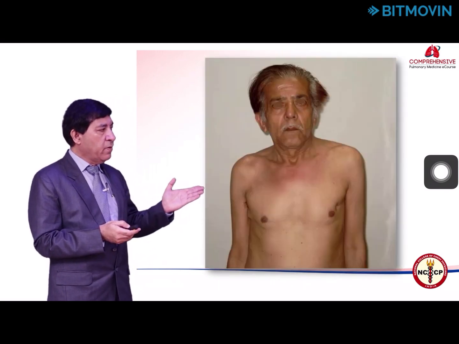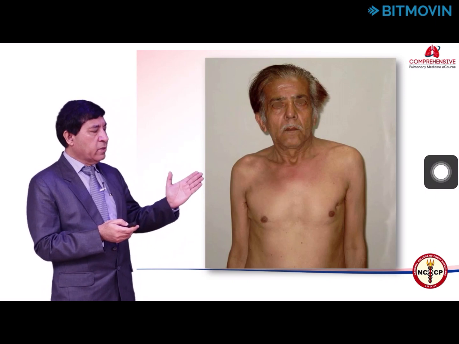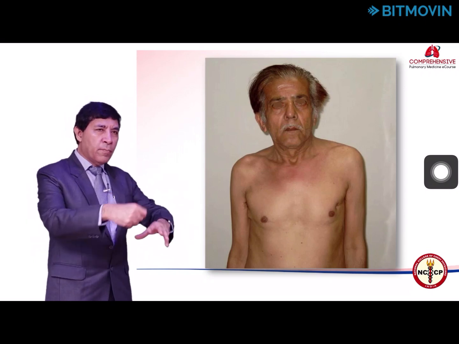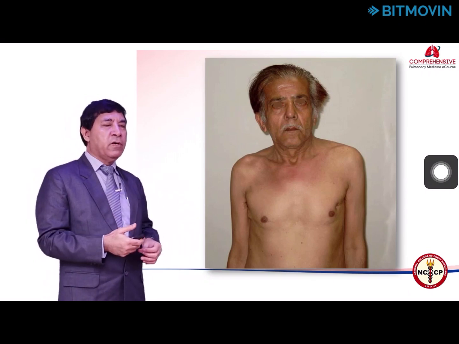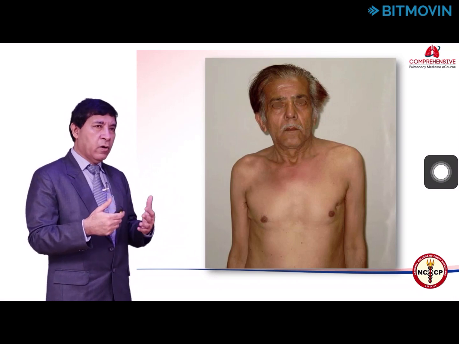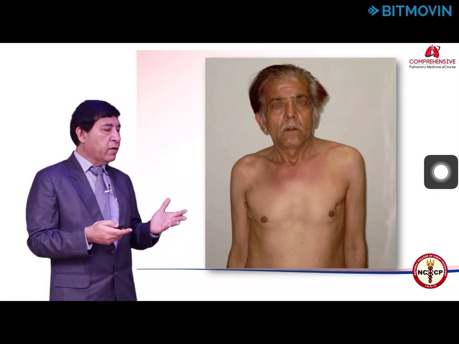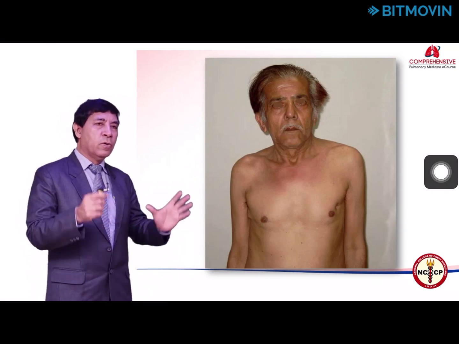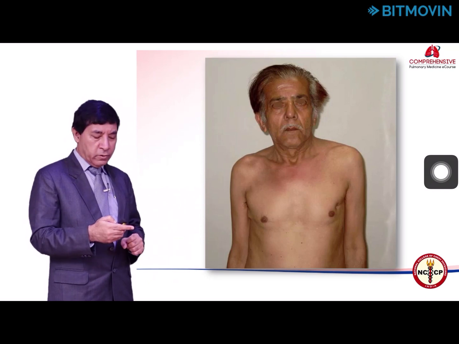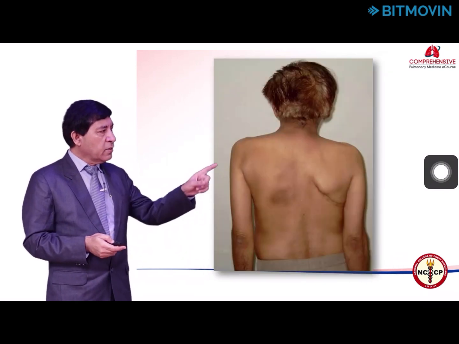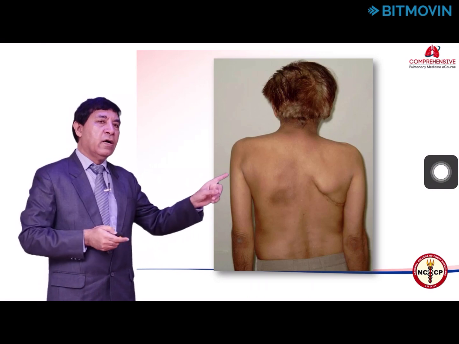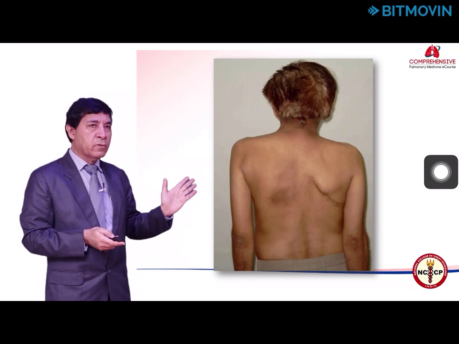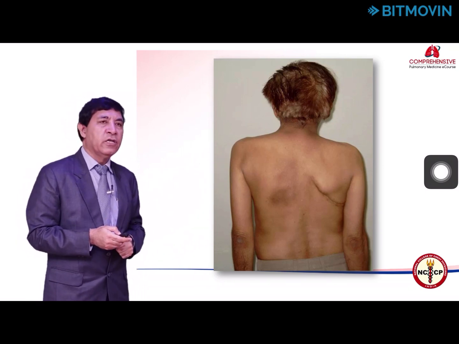Similarly, another example where you can see that the right axillary fold, the right nipple, the right shoulder are grossly lower. So the more grossly these signs are appreciated, the more they indicate a significant loss. So this patient has undergone pneumonectomy on the right side. You can see from this posture that his shoulders are low, the nipples are low, so there is a volume loss. And again, you can see the surgical scar mark of lobectomy, or I think pneumonectomy, this patient has undergone for tuberculosis in the past. So you can see a change like this.